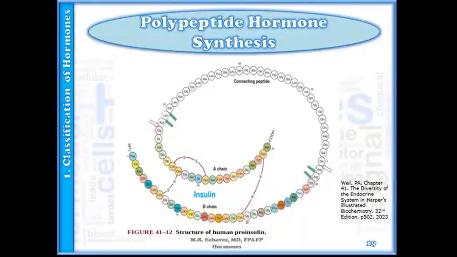Several hormones are made from larger peptide precursors. Formation of the critical disulfide bridges in insulin requires that this hormone be first synthesized as part of a larger precursor molecule, proinsulin. Several other hormones are synthesized as parts of large precursor molecules, not because of some special structural requirement, but rather as a mechanism for controlling the available amount of the active hormone.